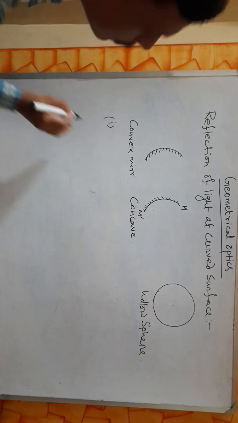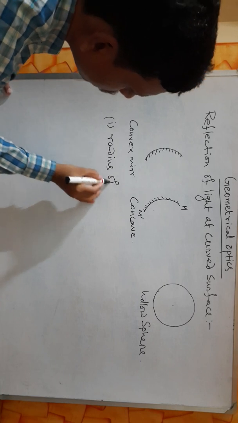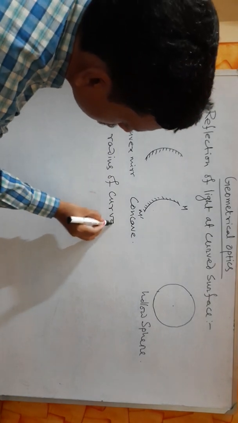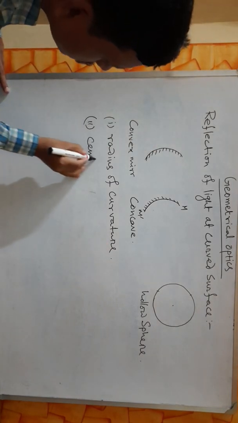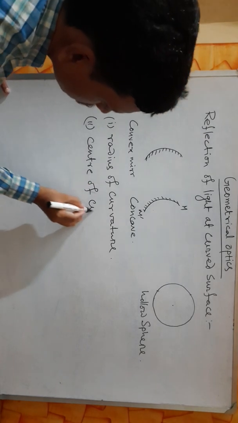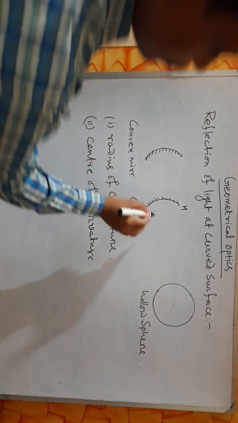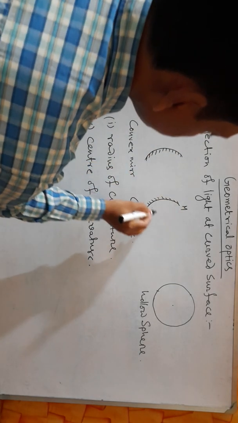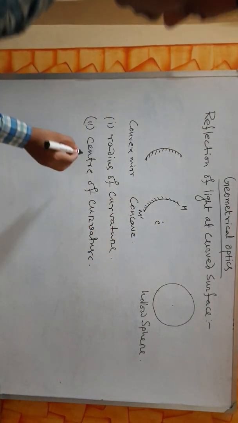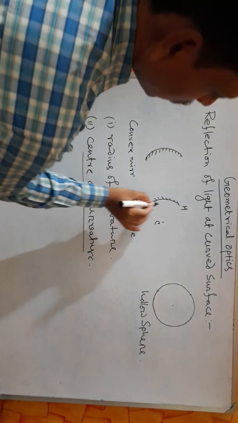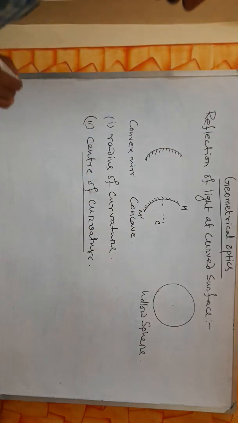One, radius of curvature. Two, center of curvature. The mirror is a part of the sphere with center C. The center is called the center of curvature, and the radius is called the radius of curvature. And